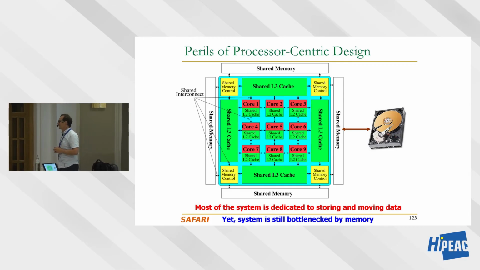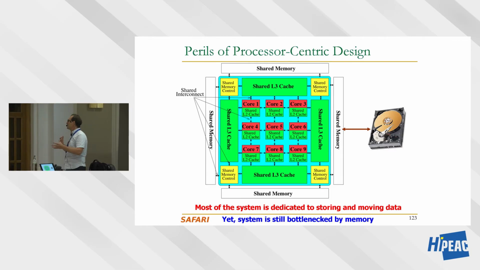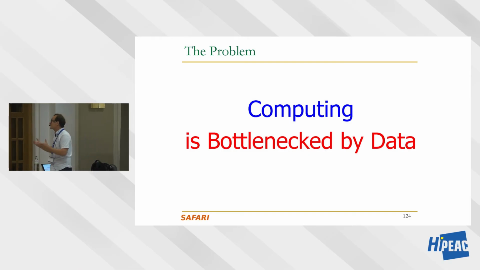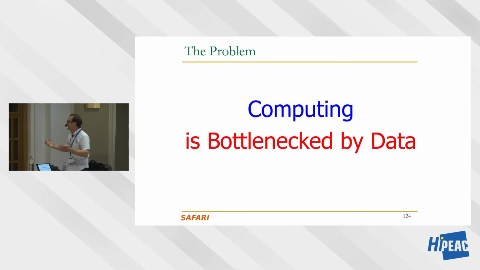Do you think that it's equally important to... I don't want to go into that. In the end, depending on the workload, it may be the interconnect, it may be the memory. But in the end, it's part of the data communication. And that's why this slide comes, right? Computing is really bottlenecked by moving data around. And in fact, there was an HPCA panel in 2002. Is it the memory, is it the interconnect? Some people take sides on memory, some people take sides on interconnect. I don't want to take sides because most of memory is interconnect anyway, internally, as we will see.